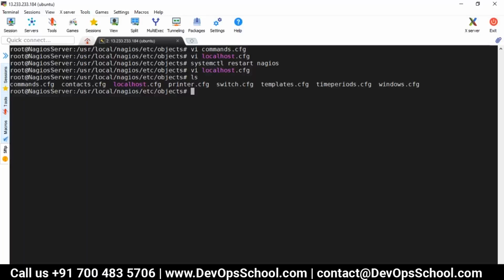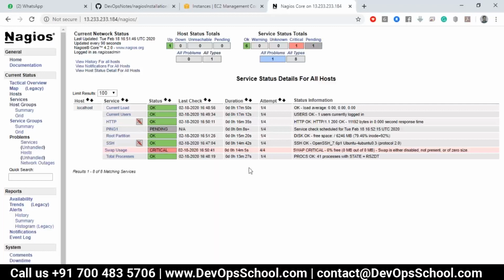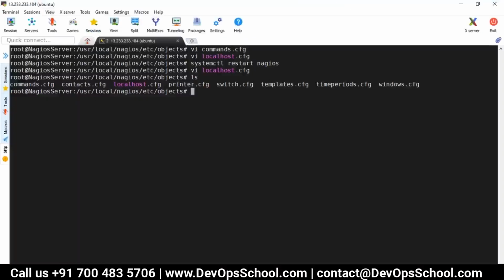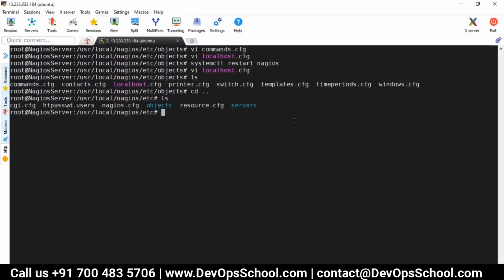How does my system come to know about them? If you see, there is no printer information here. So if you want to add a printer, or some other configuration file, you need to go one step above and run ls, and here you can see there is a file